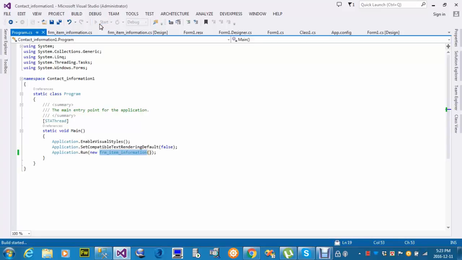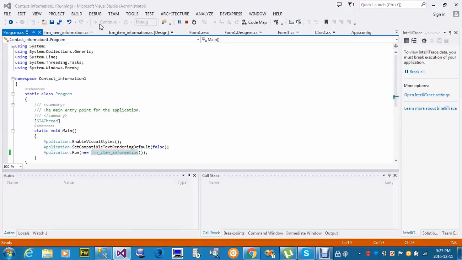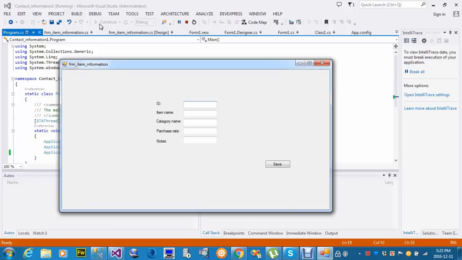So I'm now going to start my project. If I'm correct, I will get a successful message that I declared. Yes, this is my form. Okay, I just write 1, because I declare ID always